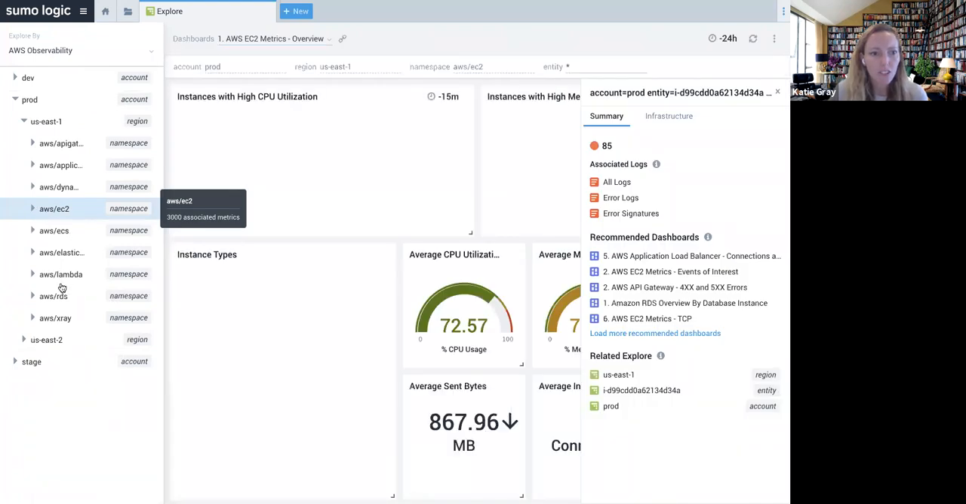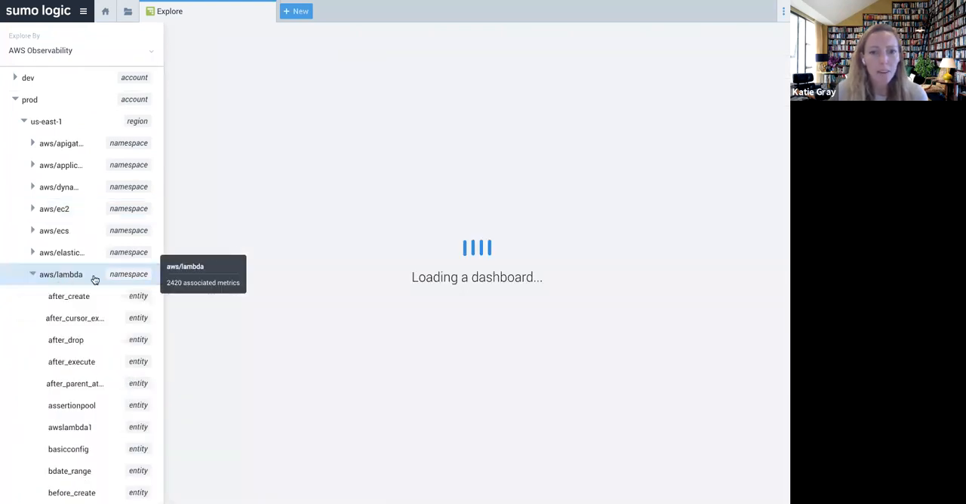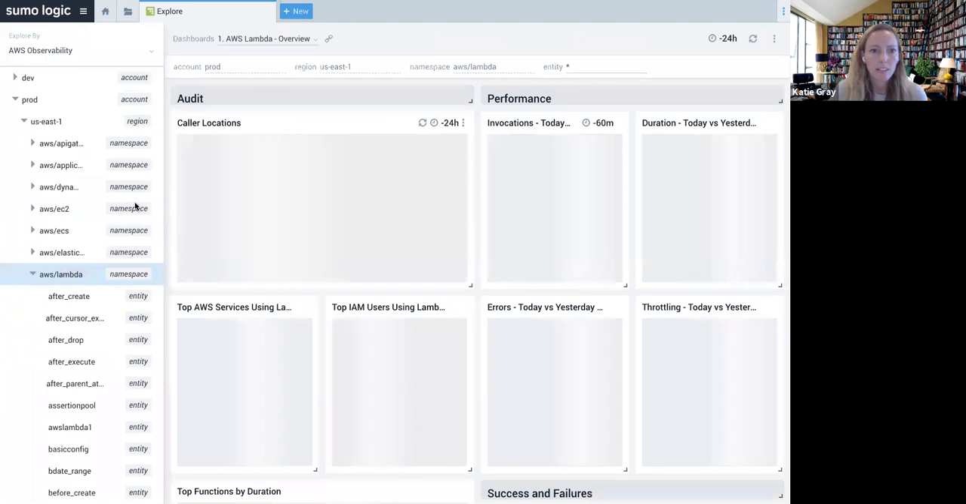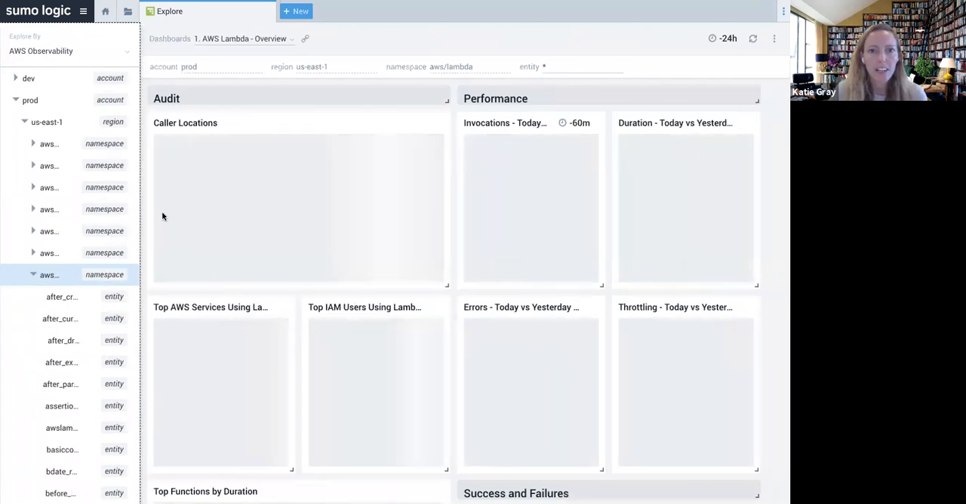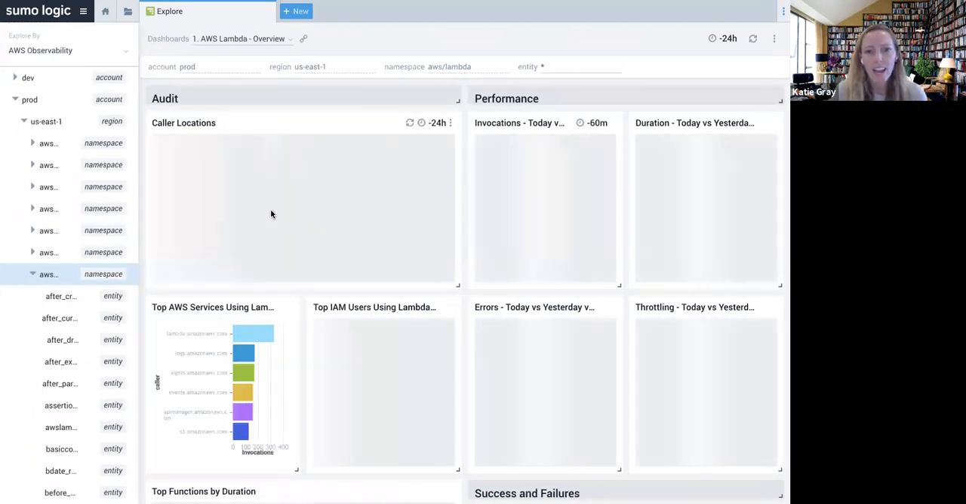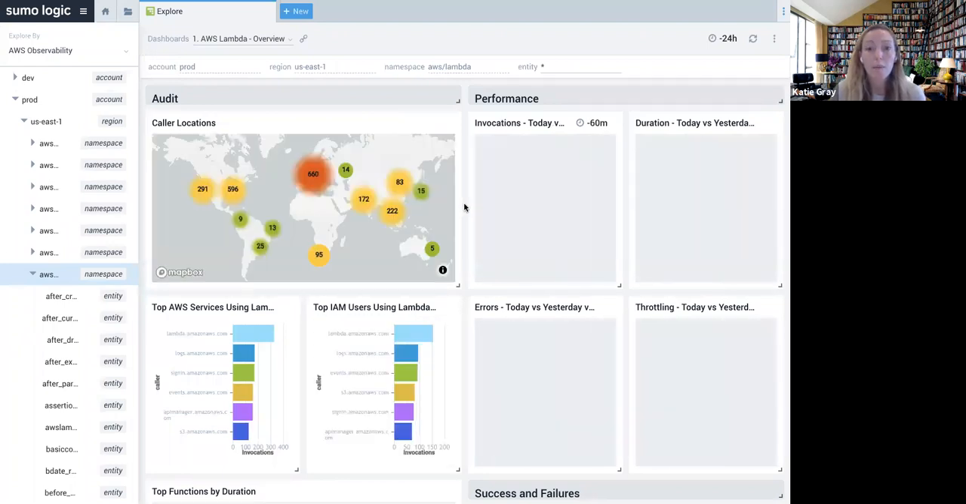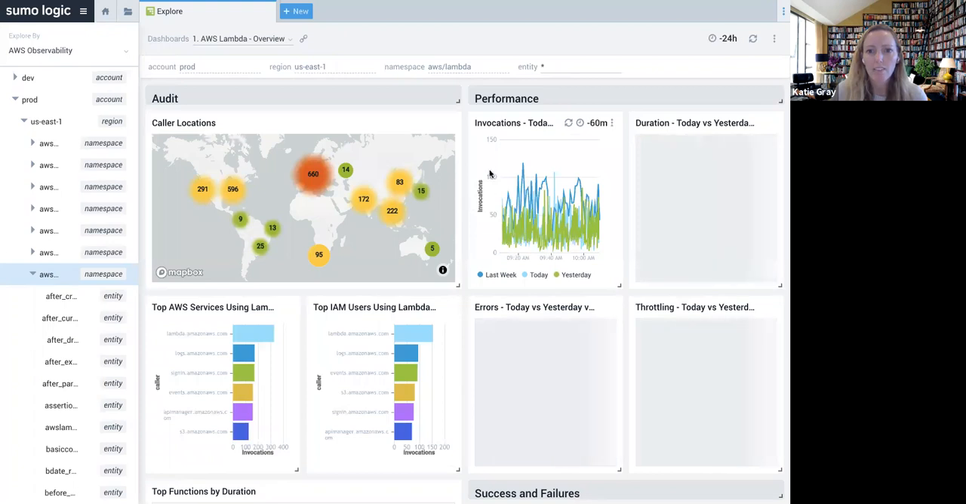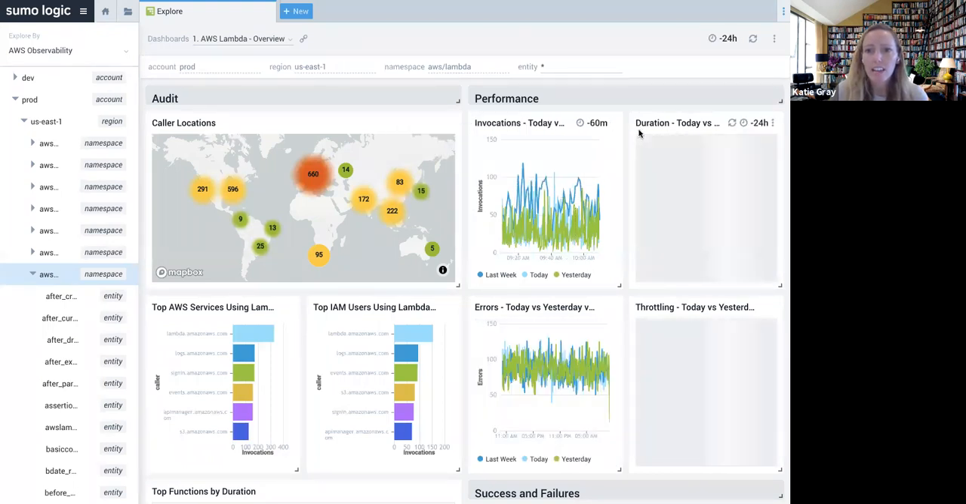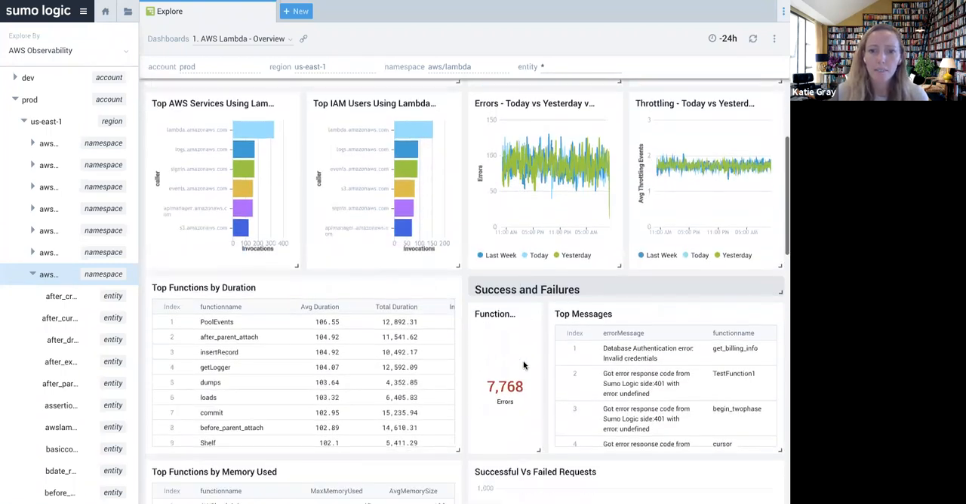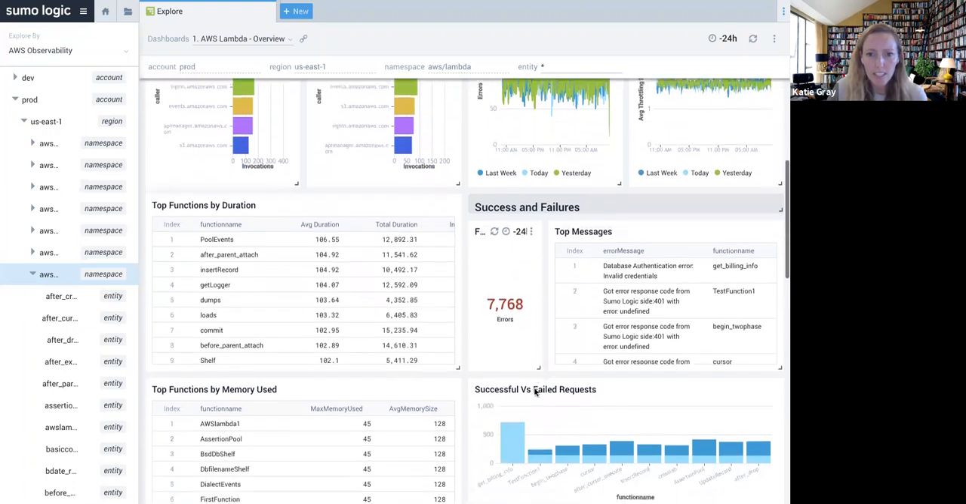Jumping from EC2 to Lambda. Here again, now we have specific dashboard overview information that would be much more useful to see for Lambda. So we have top invocations. These are for today versus yesterday, top errors and top throttling events. And in this case, we're also seeing